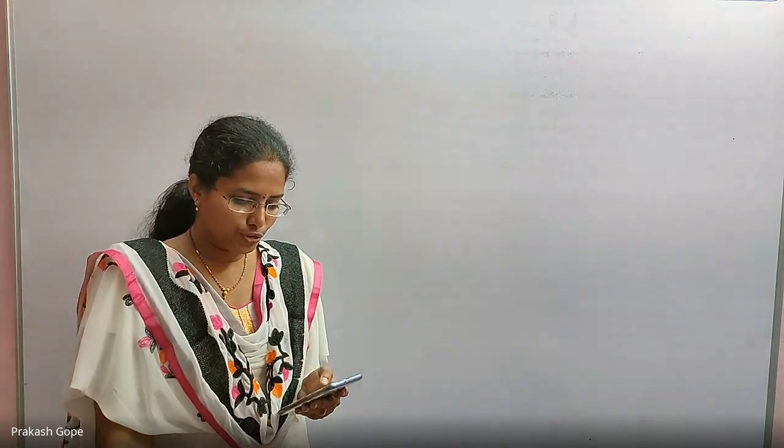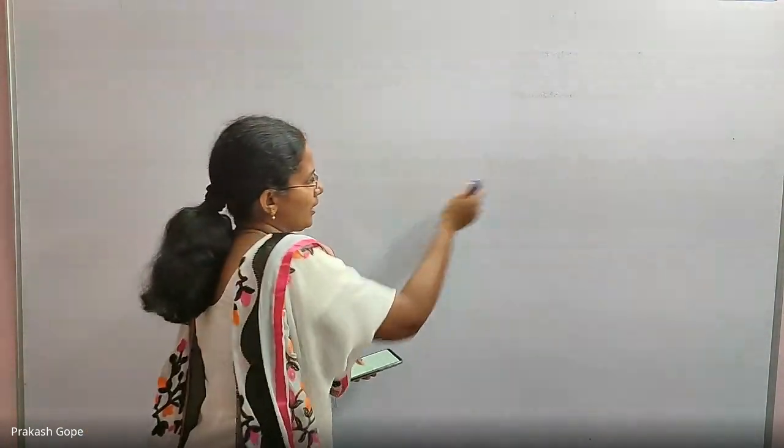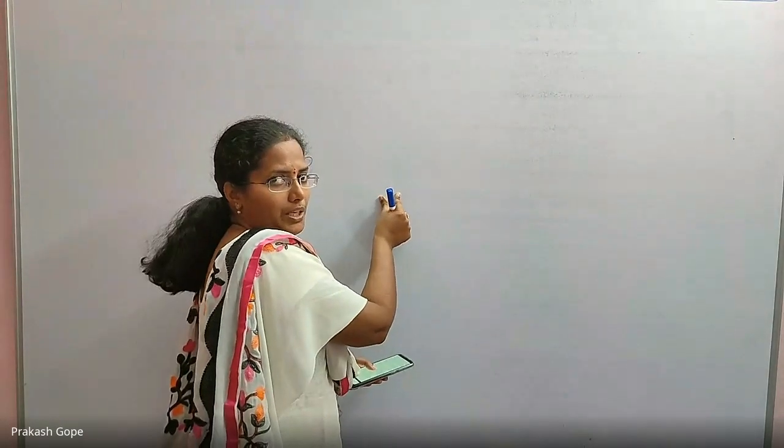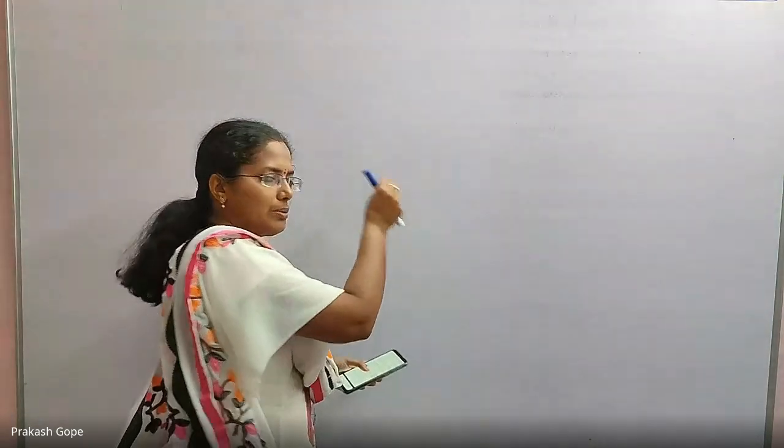Next one. Question number 13. You have an array of n elements. Suppose you implement a quick sort by always choosing the central element of the array as a pivot. Central means the one that is present in the middle for now. In that array, currently whichever is in the middle, that I am picking up. The central element means the one present in the middle. That I am picking up as a pivot.